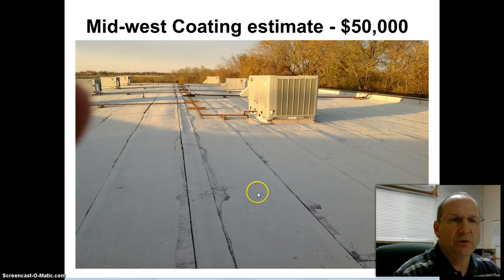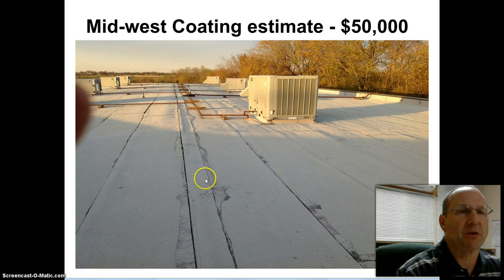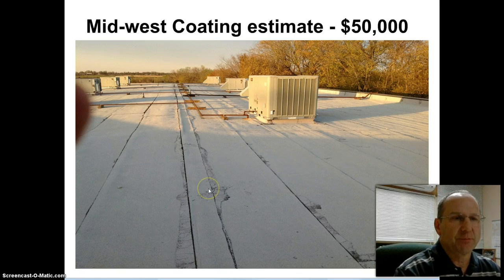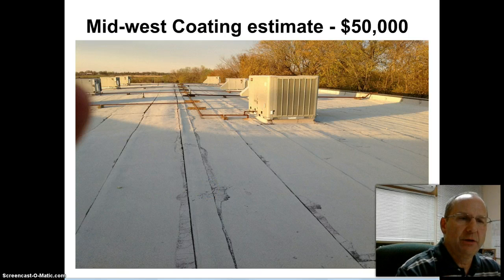The new addition to our building was built 7 years ago. This roof was supposed to be a 5-year roof. It's obviously in disrepair. It's one of the projects I really thought I could get the superintendent on board to get an estimate, because it's something we know we need to fix, but it's just something we're not going to do right now. But I did call. I emailed Midwest Coating, and they emailed me back. I measured the building and gave them the measurements, and they just gave me a ballpark estimate of what it would cost to fix this.